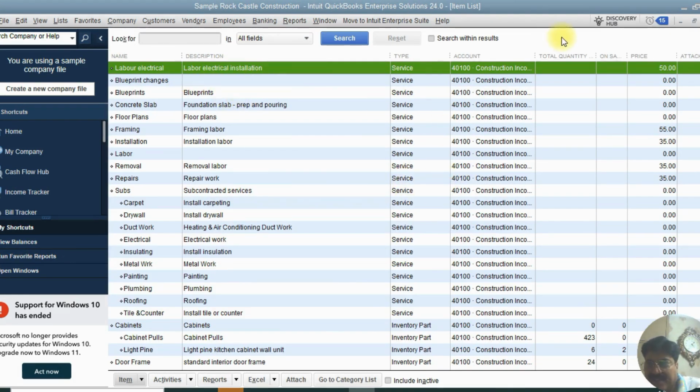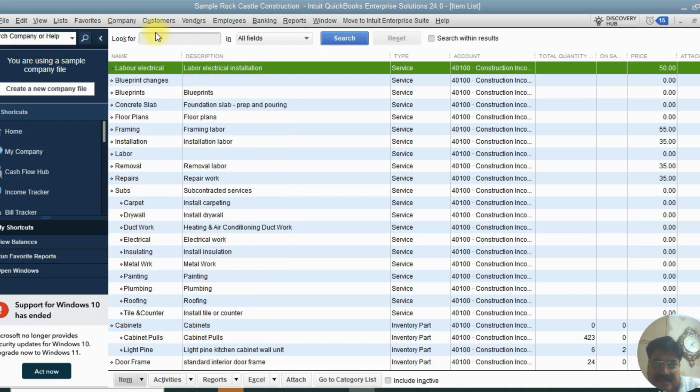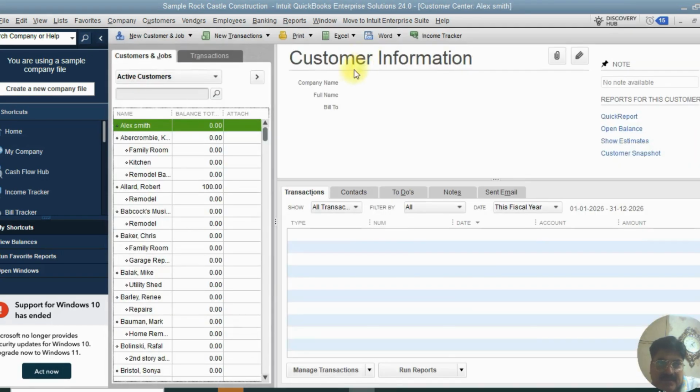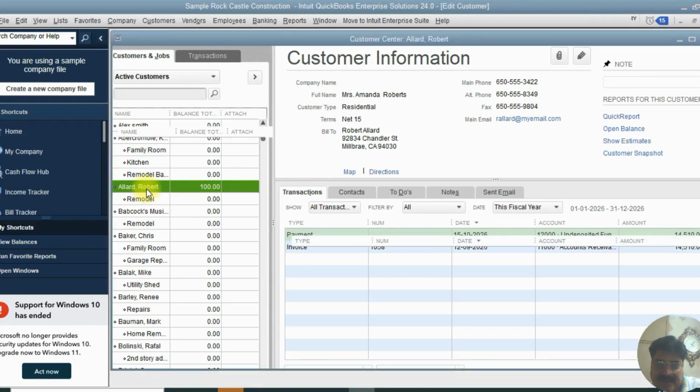And if you want to check that invoice, you can see this is the amount which has come up under accounts. You can see that's the 50 price, that's the service item which we created. And let's go to the customer center and see the open invoice for our customer. So the customer name was Allard Robert, you can see that. So if we double click on that,